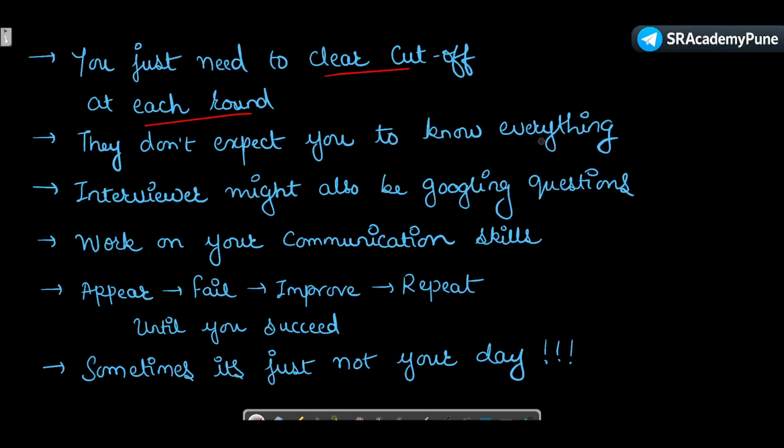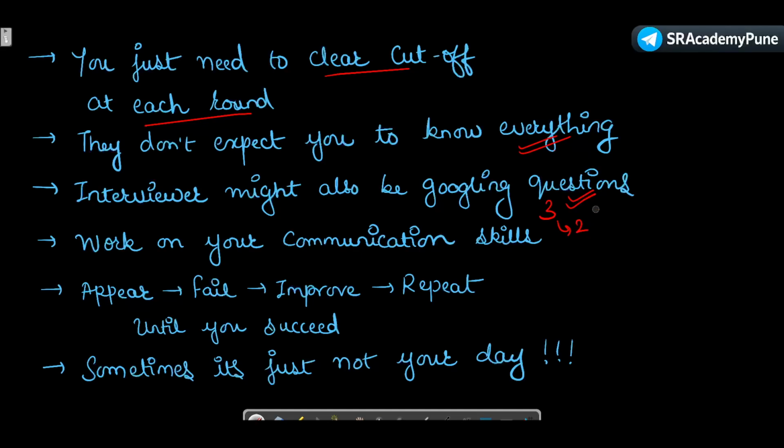And they don't expect you to know everything. So even if you don't know something, be humble and admit that you don't know or don't remember it at the moment. And you never know, the interviewer might also be googling the questions. Let's say you have an interview panel of 3 members and two of them back out at the last moment due to some other urgent office work.